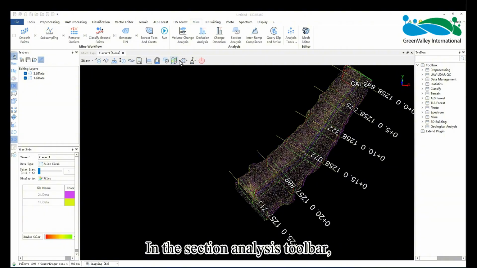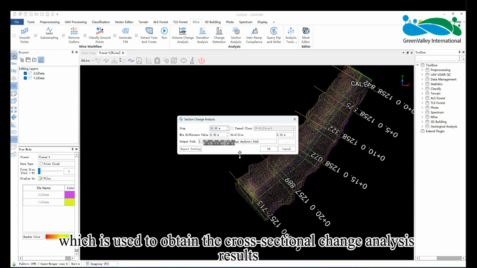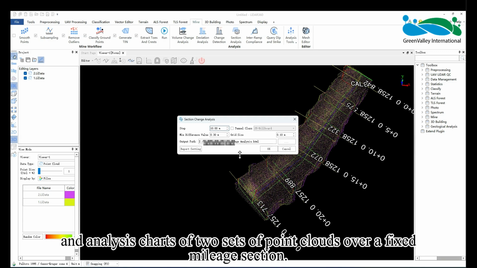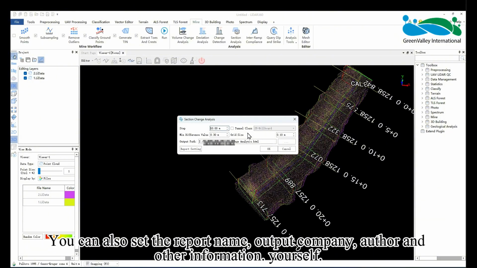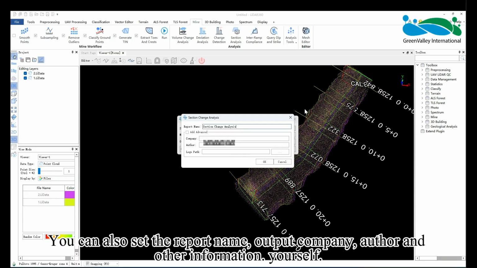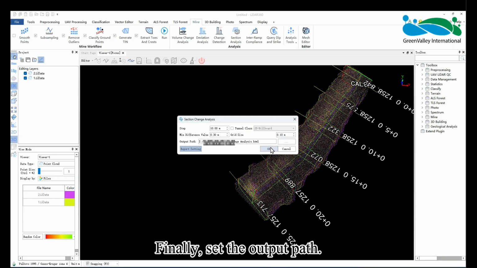In the section analysis toolbar, V9 has newly launched a section change analysis function, which is used to obtain the cross-sectional change analysis results and analysis charts of 2 sets of point clouds over a fixed mileage section. Step refers to the fixed mileage segment used for cross-section change analysis. You can also set the report name, output company, author, and other information yourself. Finally, set the